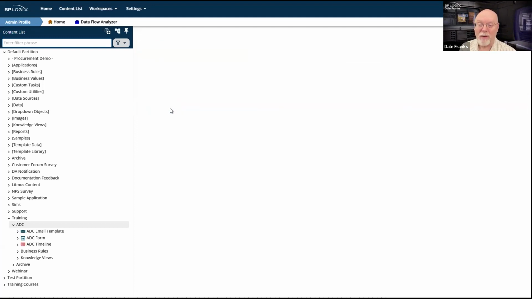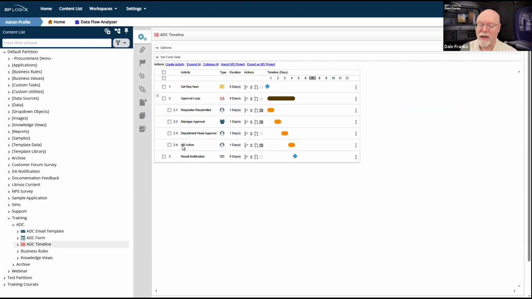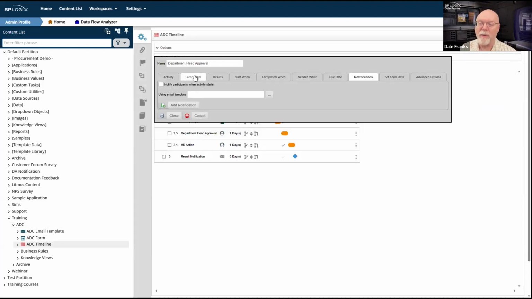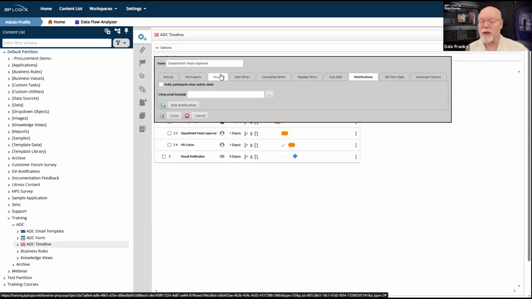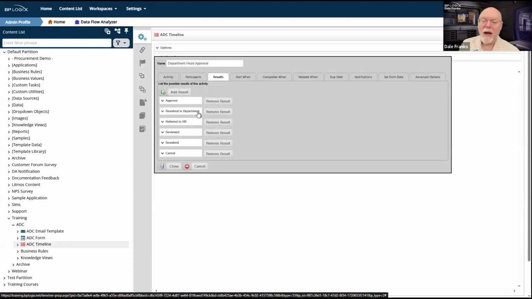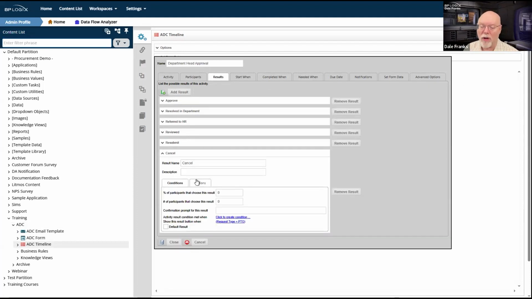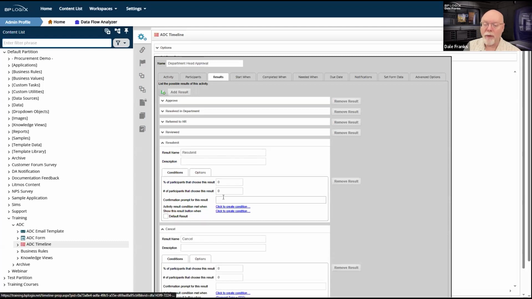Last week, we configured our process timeline, and we added a whole bunch of results to various activities. We created all of the activities we need. And of course, each of these results has its own conditions as to when that result button shows up, except for resubmit, which we're going to show all of the time.